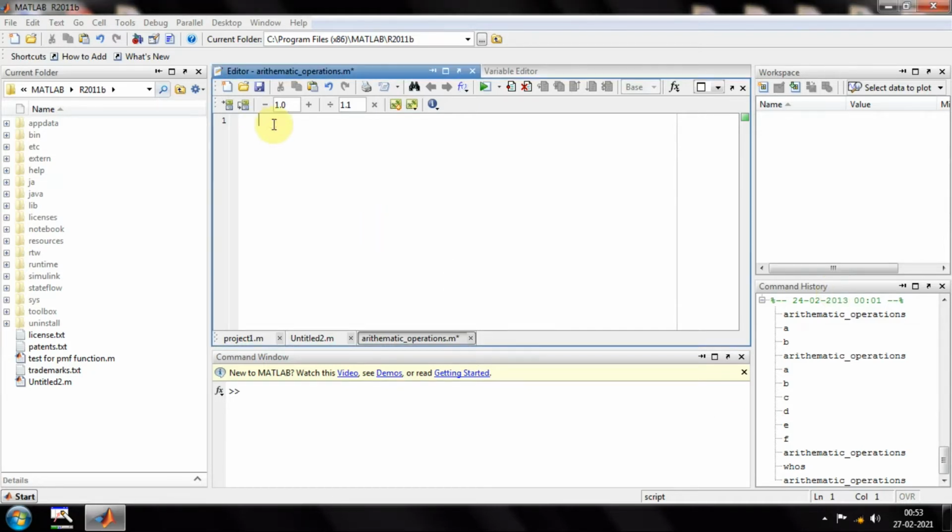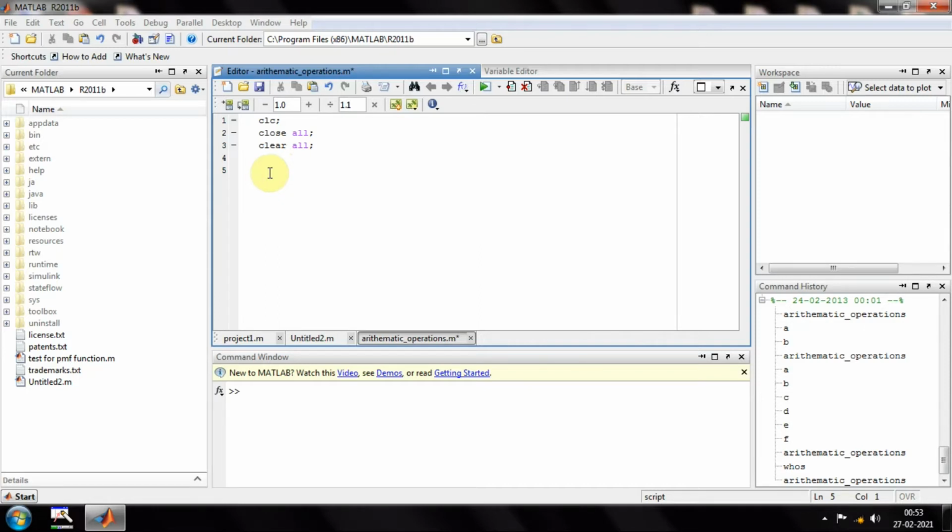Any program in MATLAB will start with three basic instructions. Yes, you are right: clc, then close all for closing all the tabs and data from whatever we have previously executed, then clear all, which destroys all the variables we have used previously. You can see the command history here. I have used a bunch of variables previously, so this makes sure they are free for the current program.